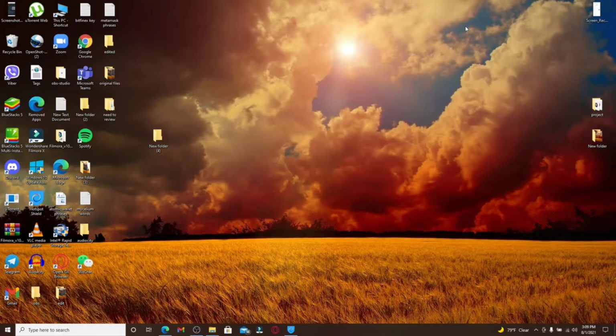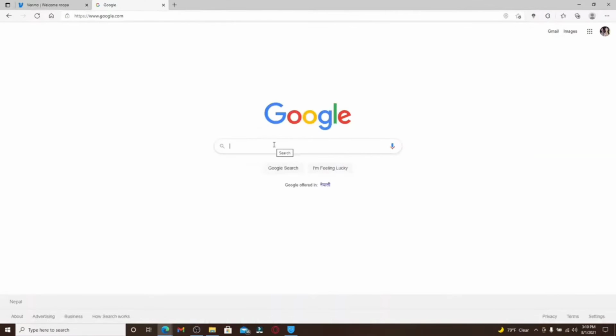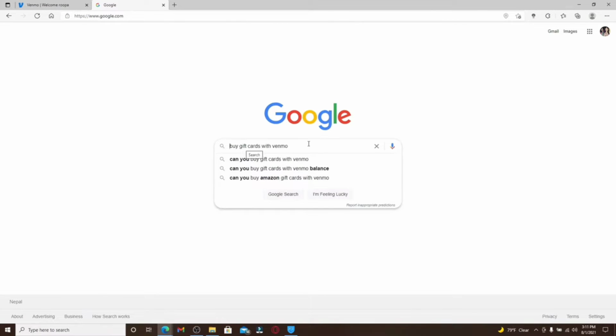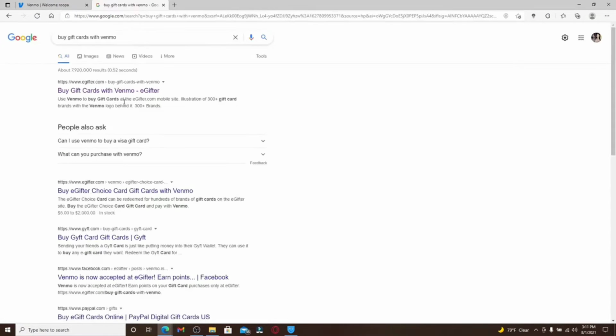On how to buy a gift card with Venmo. If you'd like to make a purchase of gift cards with your Venmo account, start by opening a web browser. In the search box, type in Buy gift cards with Venmo and make your search. In the search result, you can see that there is a link at the top which will take you to